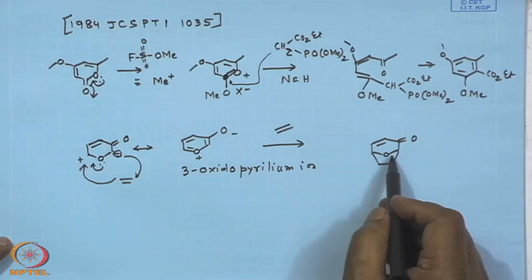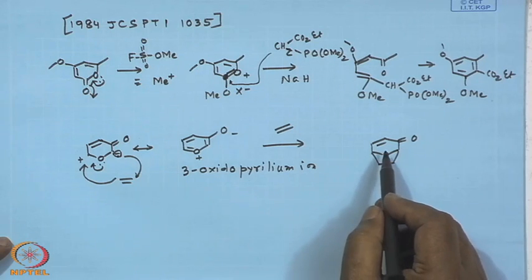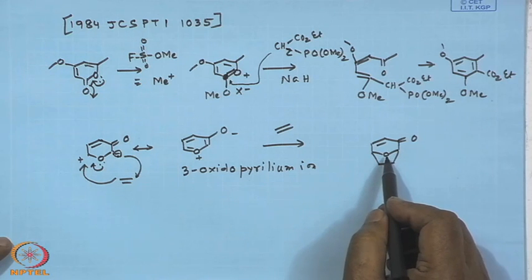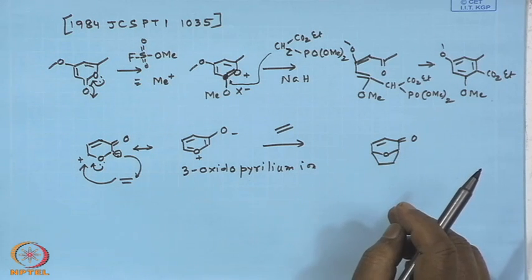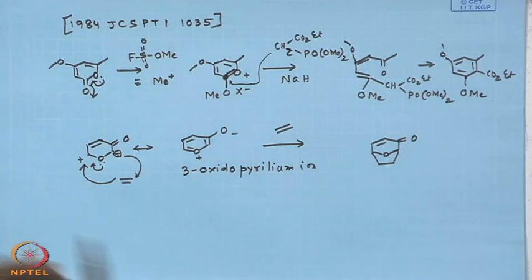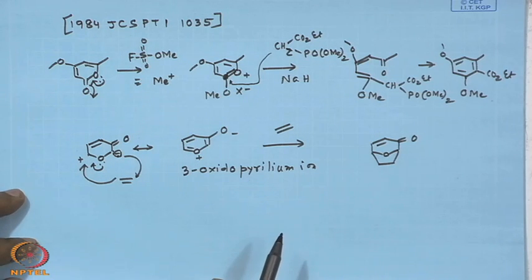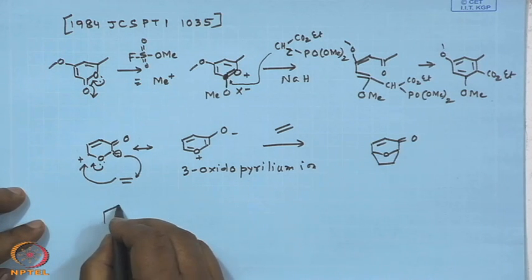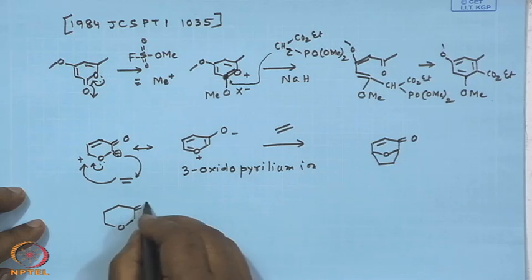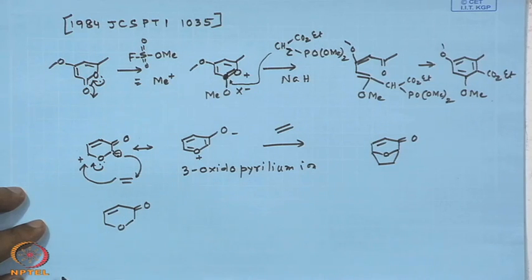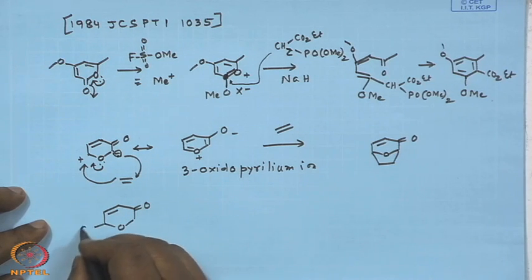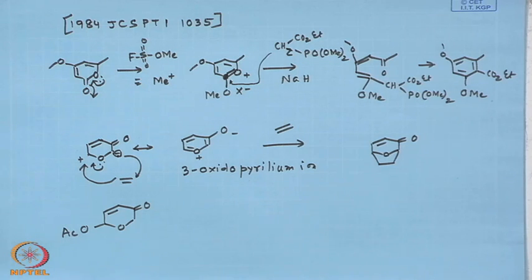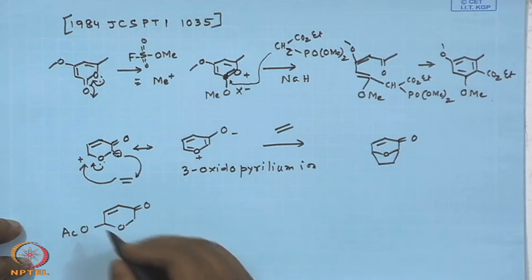So, what do you get here? You get here the 8-oxabicyclo[3.2.1]octenone systems, with an oxygen bridge here. The reaction is very facile. I will just give you one example that would tell you how good the reactions are. Let us say you have a 3-pyrone here and the double bond, then of course you need a leaving group, right. In this case, it is acetoxypyrone, 1, 2, 3, 4, 5, 6, acetoxypyrones,